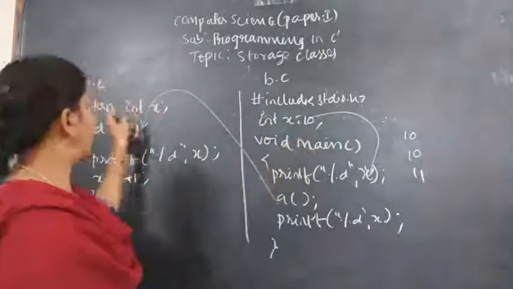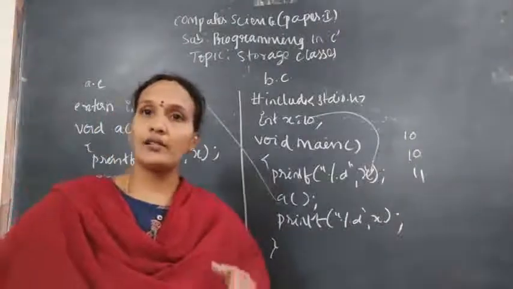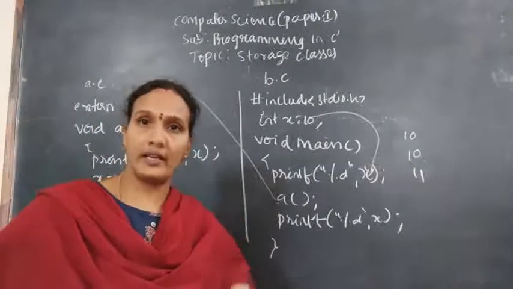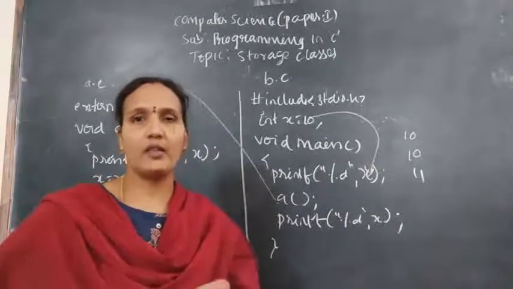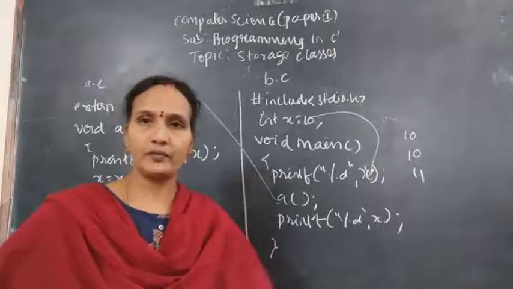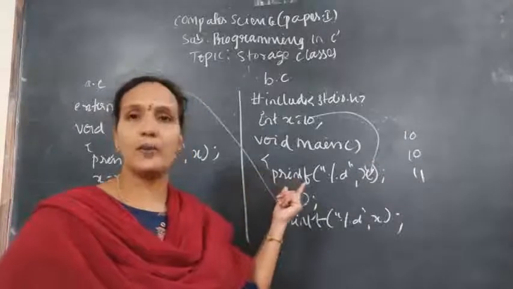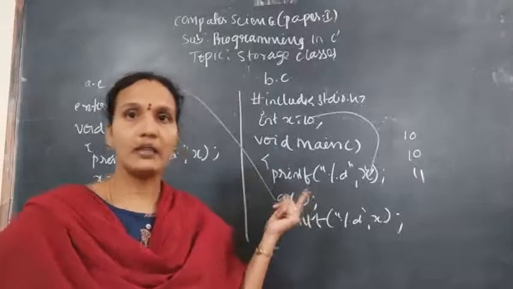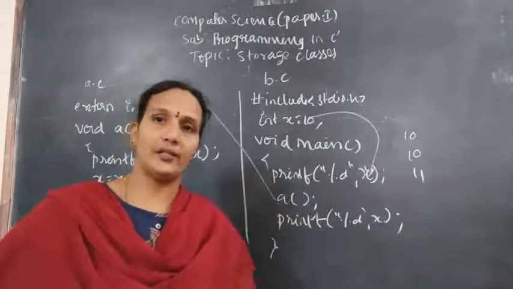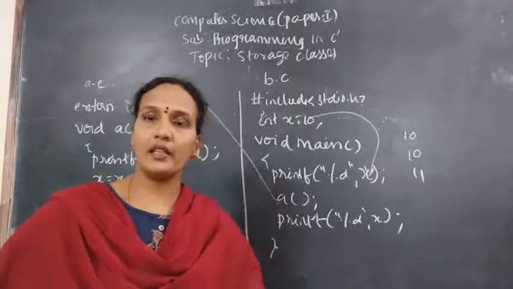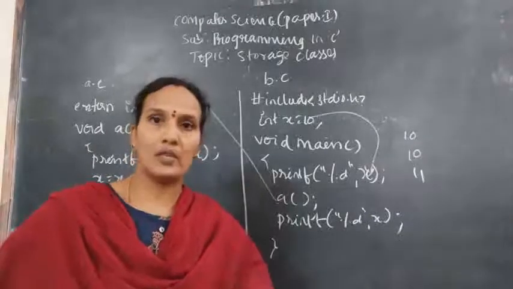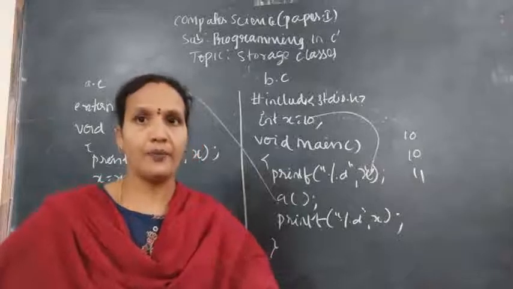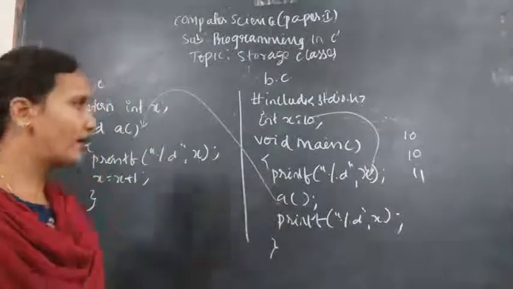This is declared as an extern, which means the value of that variable does not exist here. We are taking the value of the variable from the outside, from an outside program. x equals 10. Clear? So this is about extern. Extern means outside. So here we are taking the value of the variable from the outside, not in the program. Okay? Right. Take a screenshot of this.